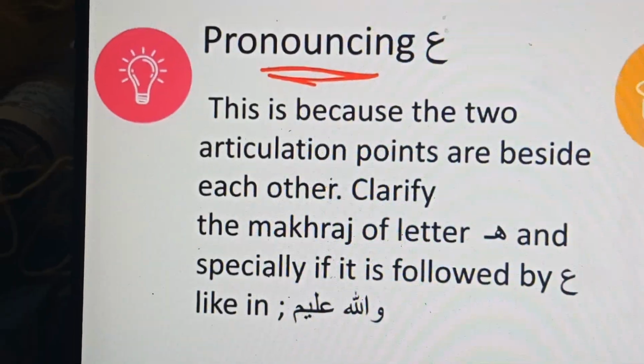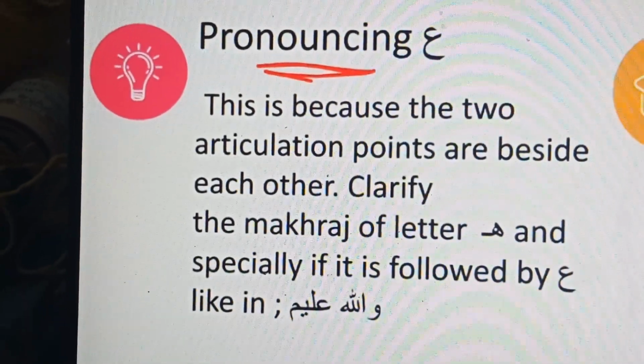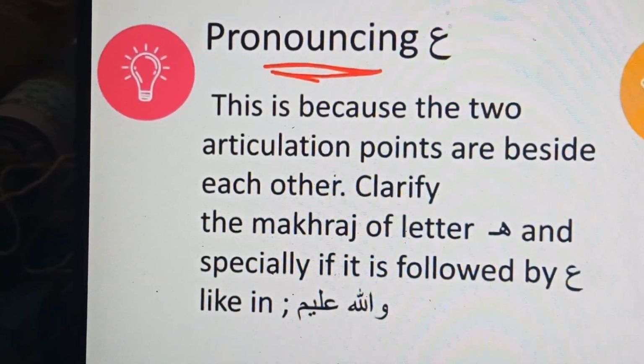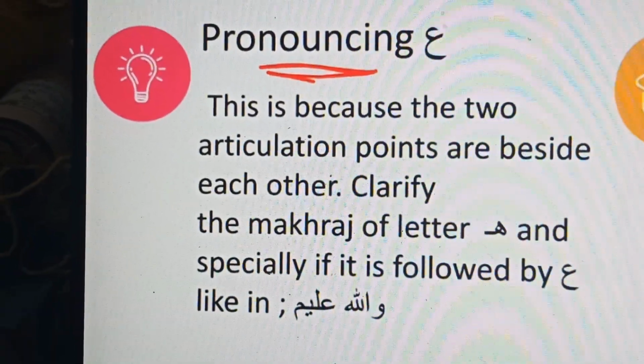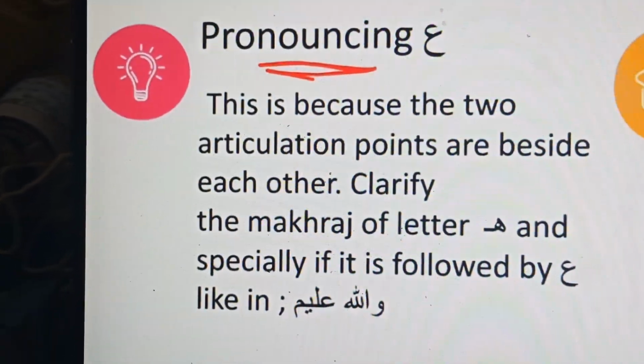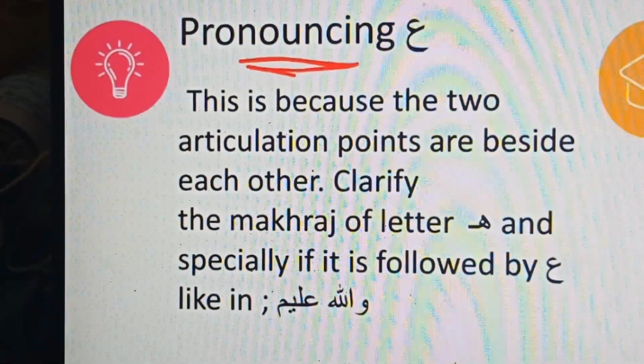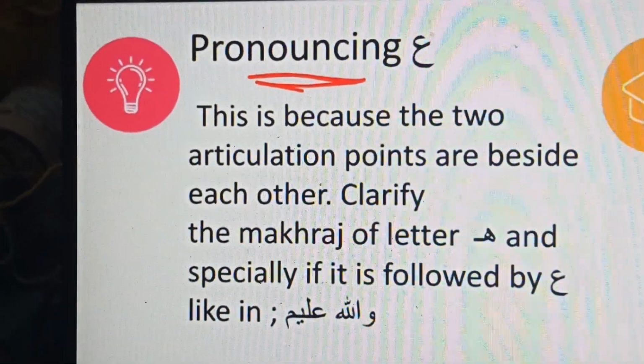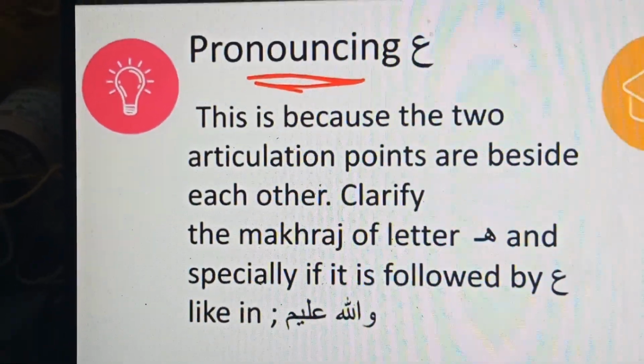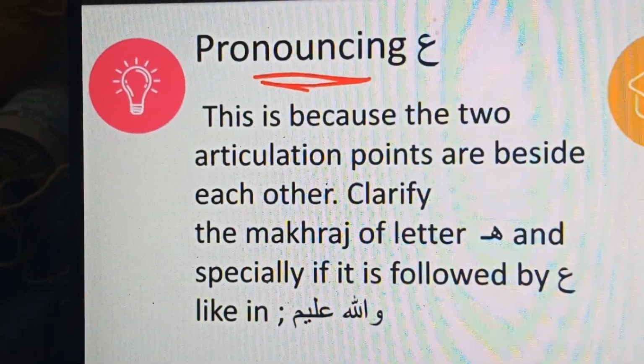So for example in the ayah wallahu alim, this mistake may happen as well, ha with ain,